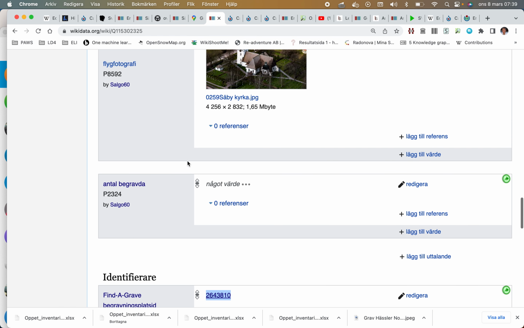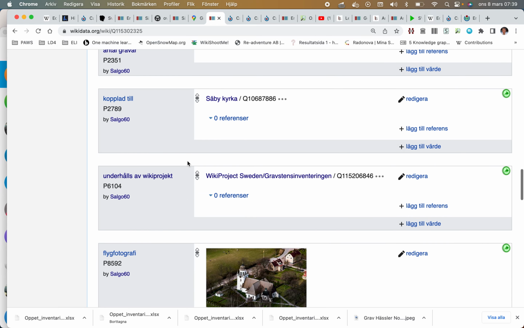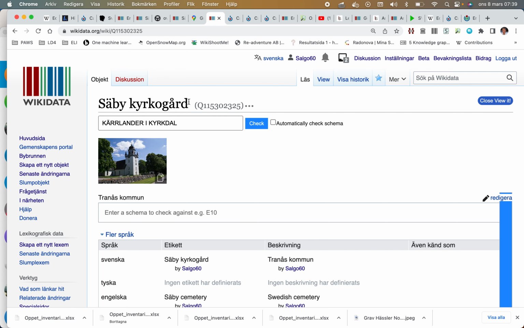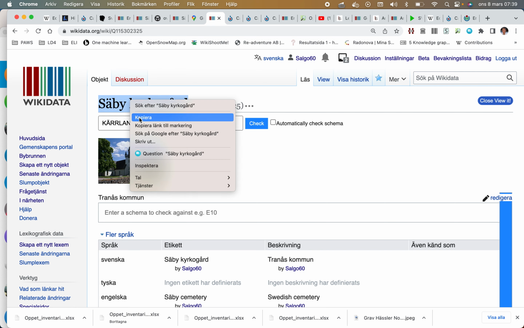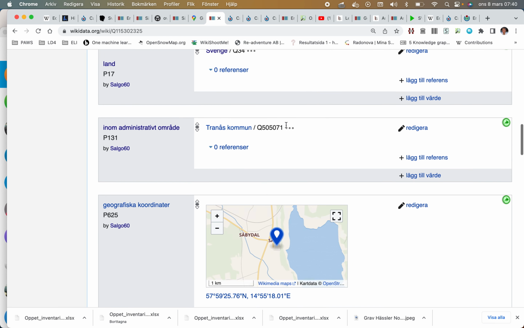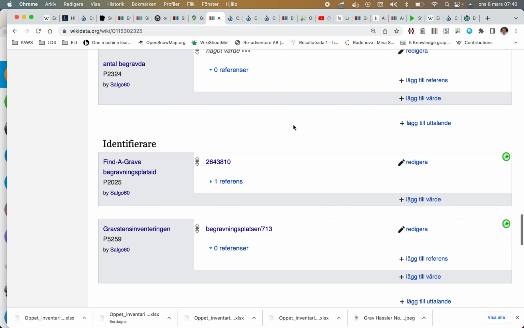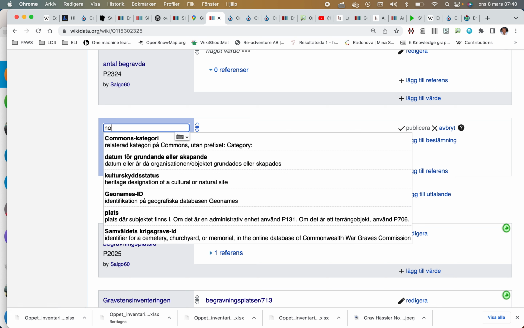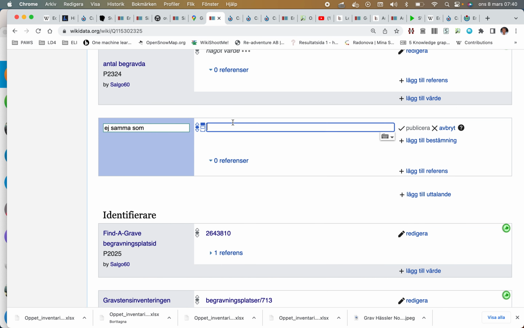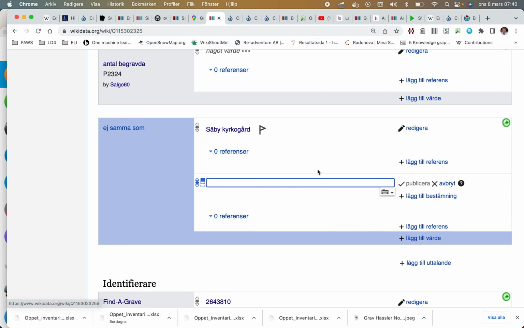I also have how many people are buried there, and to make it easier for other people, we say that this is Säby gård in Tranås, but I also say it's not the same as the church in Landskrona